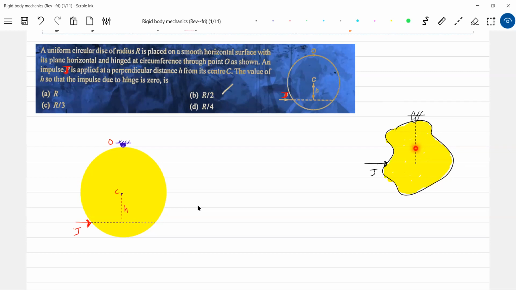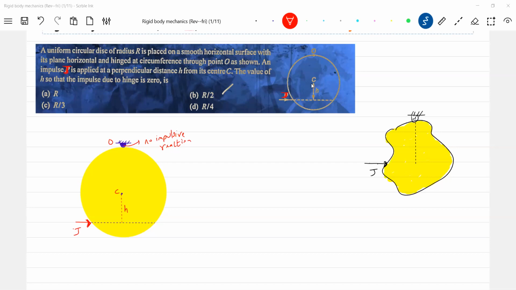Center of gravity is different. Center of mass is different. Center of percussion, for a rod, we have discussed. I do remember we discussed it in class. Now I brought a circular disc. I'll apply impulse such that no impulsive reaction is there. I'll write it down. Getting the idea, no? So what is the basic necessity condition here? Yes, R by 2 will be the answer. Fine, good.